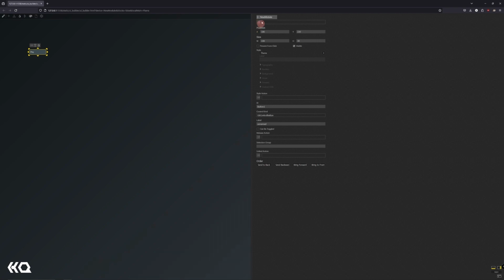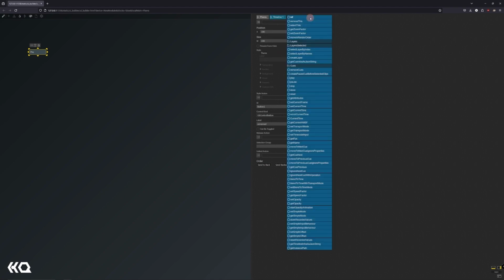Clicking on this shows us this new module, which is an empty one. So we want to access the Pixera API to be able to control the timeline. So to do that, I'll go over here and select Pixera, and we can see this assignment having changed. So if I click on Pixera, it brings me all the folders that we saw earlier. I'll click on Timelines and select Timeline 1. Now we're seeing all the relative functions to Timeline 1. So over here, if I select Play,